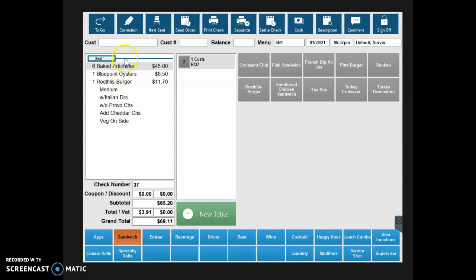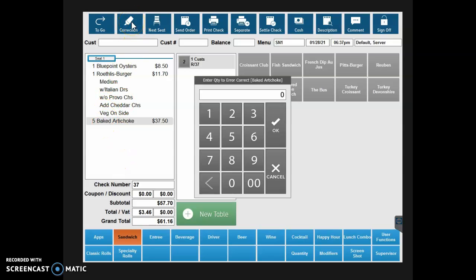Okay, I'm going to select it. I'm going to hit the correction button, and it's going to take one off. I hit the correction button again, and it's going to take another one off. If you want to correct a whole bunch more,